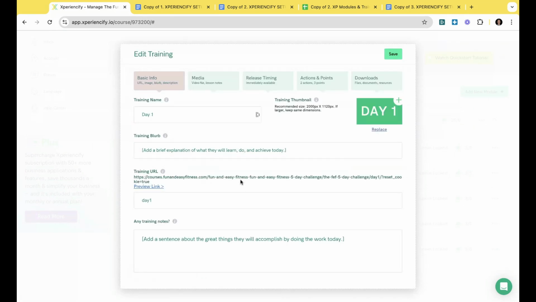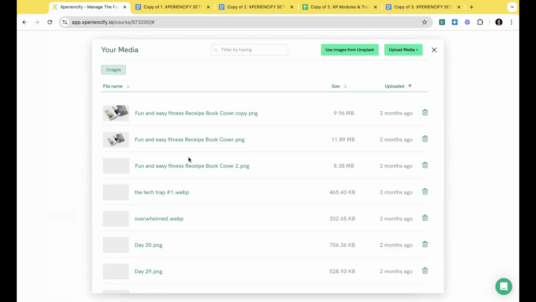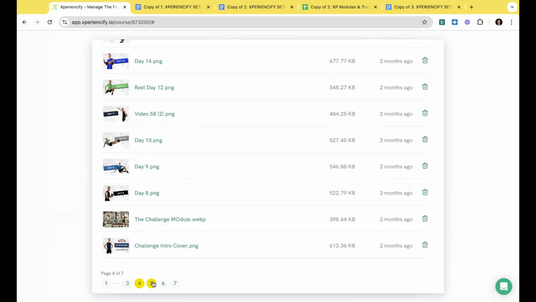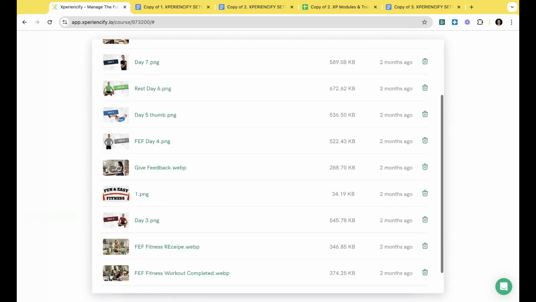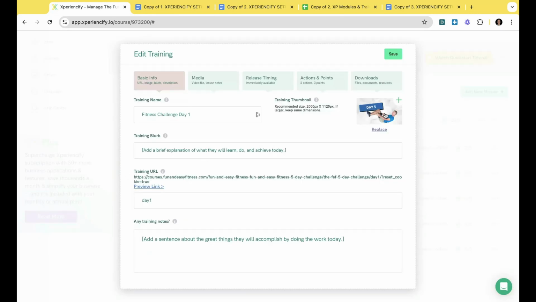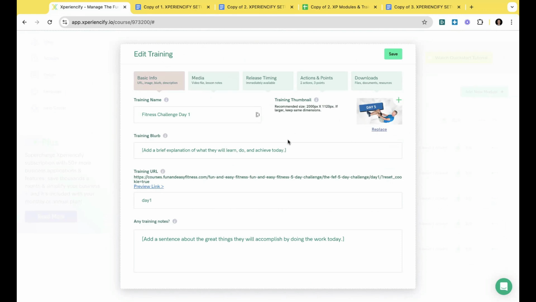Coming back to it, now let's actually fill in some information here, right? So for basic information, I'm just going to say, look, here's fitness challenge day number 1 that we have. Again, you can change the image. If you have a custom image, this is great. I think they're probably in here. Yeah, they are. Look at that. You can see here are the different days that I have. Doesn't really matter, I'm going to choose one. Hey, look, here's an image that I had in my media gallery. And so you can say, hey, look, here's day number 5.